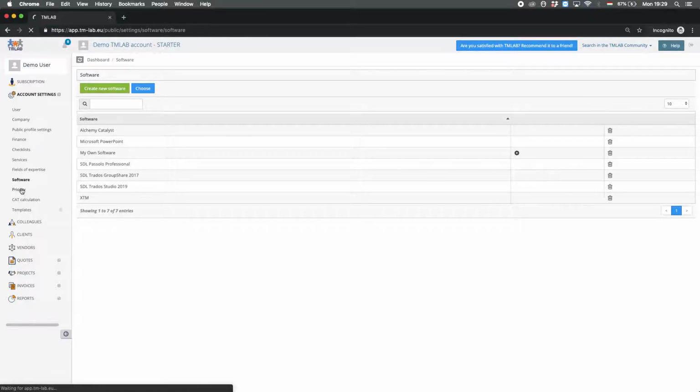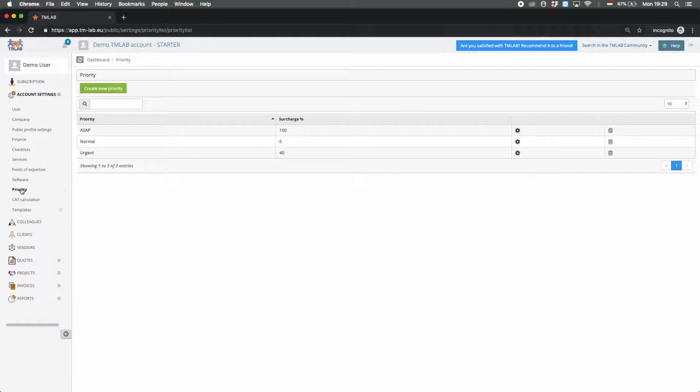Under Priority, you can create any kind of priority you want. By default, each and every account has a priority created called Normal with 0% surcharge. As you can see, I already have two other priorities created. ASAP, which is 100% surcharge, and Urgent, which is 40% surcharge. To create a new priority, you need to click on Create New Priority, provide a name to your priority and